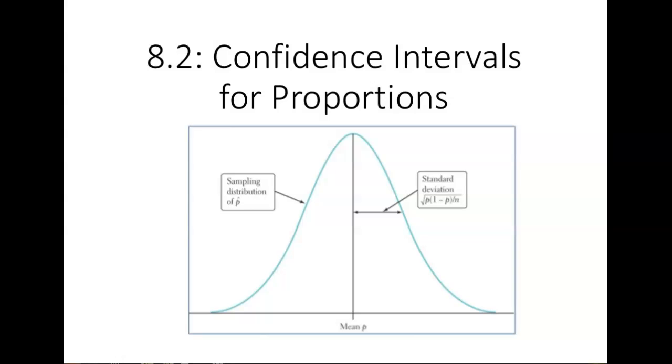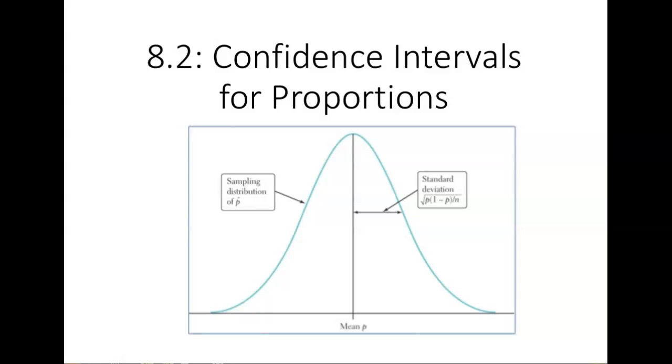Last time we learned about the basics of confidence intervals and how they're constructed, right? So you start with a point estimate, which is a statistic, something you calculate from a sample, and that's your best guess of the population parameter. But as we know, if we took a different sample, we would likely get a different point estimate just due to sampling variability. So we figured out, okay, we can use the fact that we know the sampling distribution